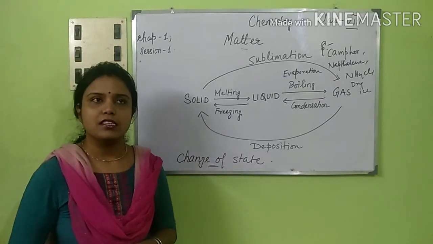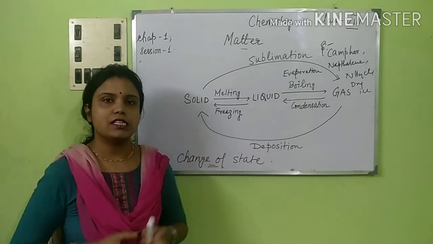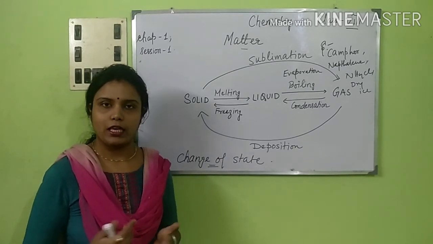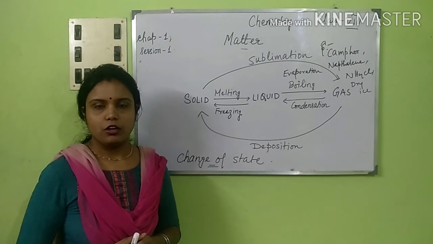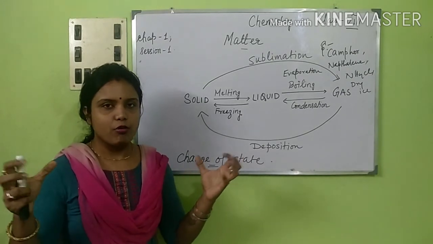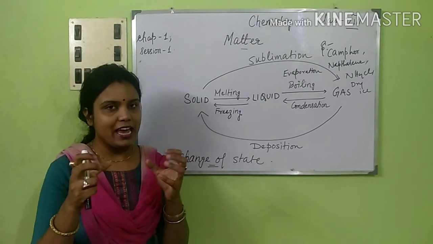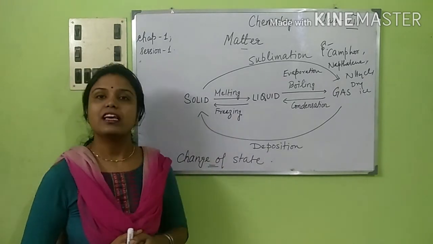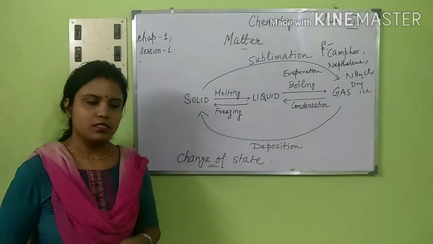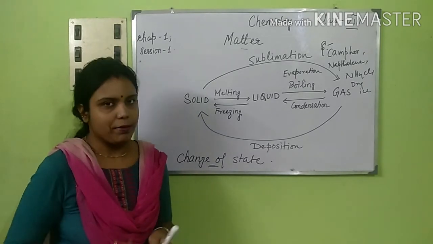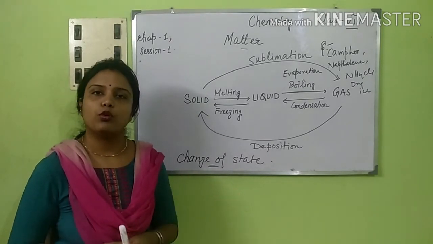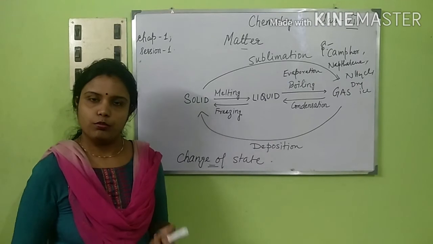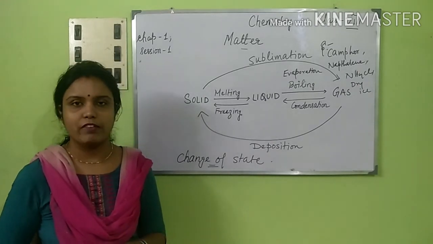Have you noticed that during the summertime or whenever it is a full sunny day, we wash our clothes and put them under the sun to get them dried up? Why? It is just because of evaporation. These wet clothes absorb the heat of the sun, take the energy from the sun, and get converted to a dried material. Sometimes you might also have noticed that you have dropped water on the floor. You did not wipe it, but after some time you saw it is not there anymore. Why? Did you put any burner over there to get it warmed up? No, but it has gone off. Why? It is again because of evaporation.